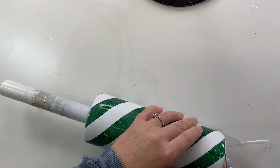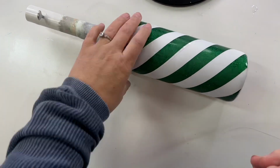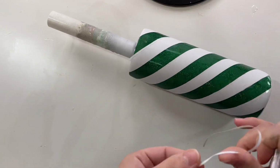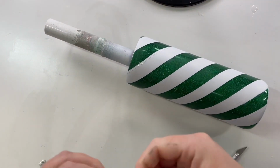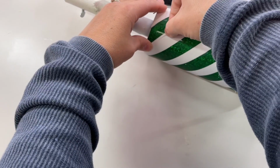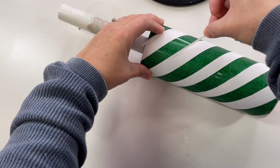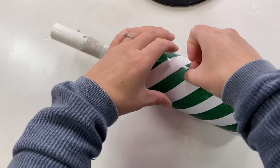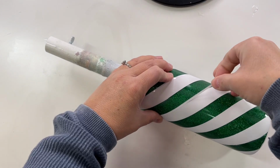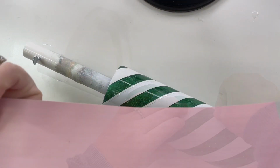This permanent vinyl is nice and flexible. You will need more than one strip of vinyl to wrap all the way around your candy stripe, okay? And that's easy to do. You just trim at the seam with your craft knife there. Make sure the seams match up nice and clean, and then trim off any of your excess vinyl again with your craft knife there, okay? And I did this all the way around the cup with the white, again, only applying it to one side